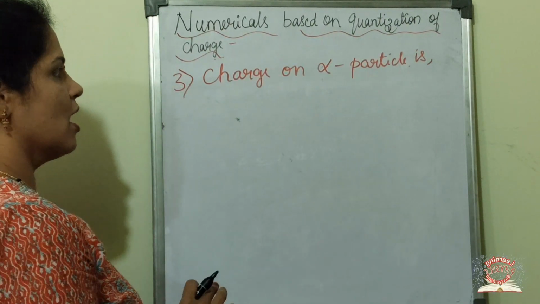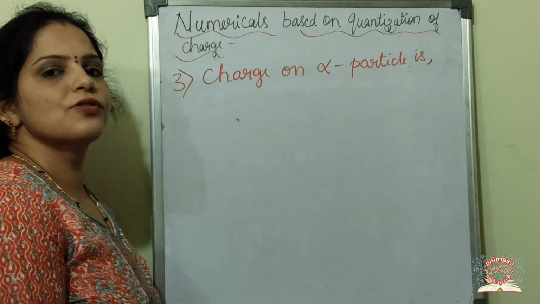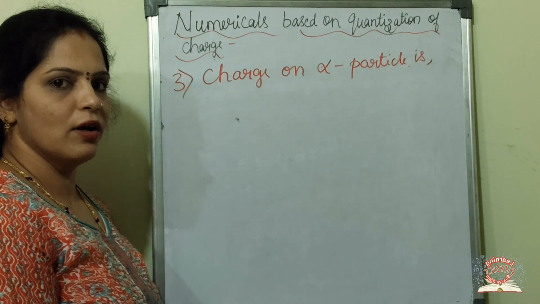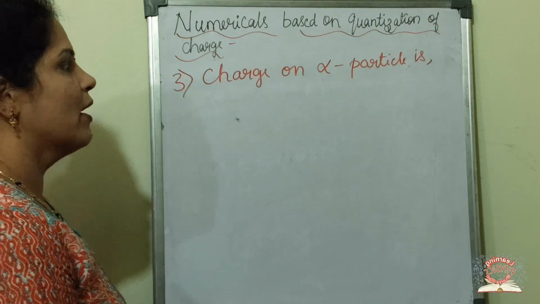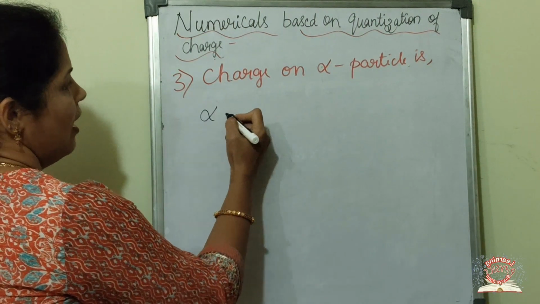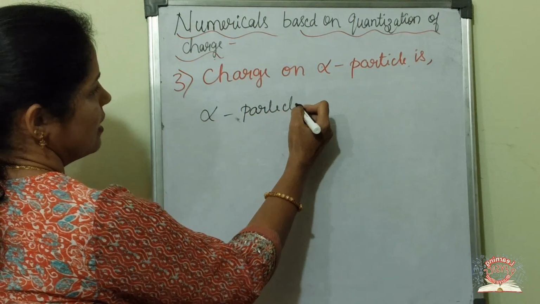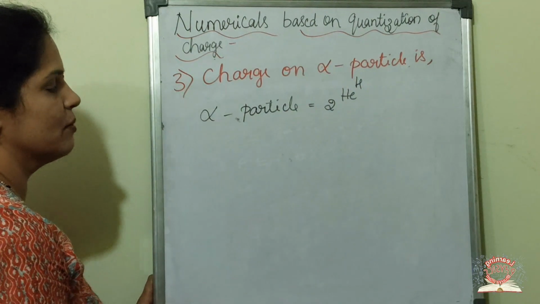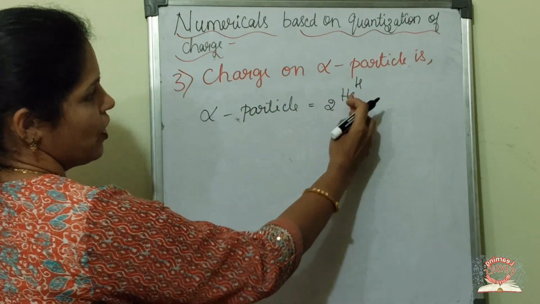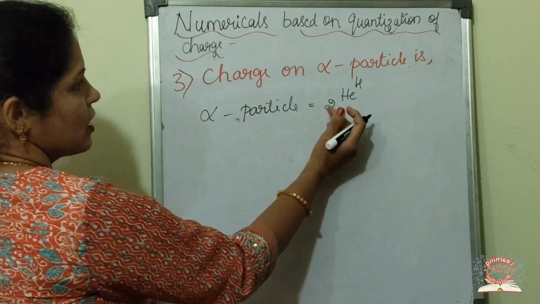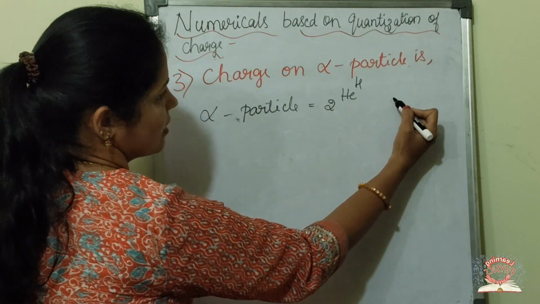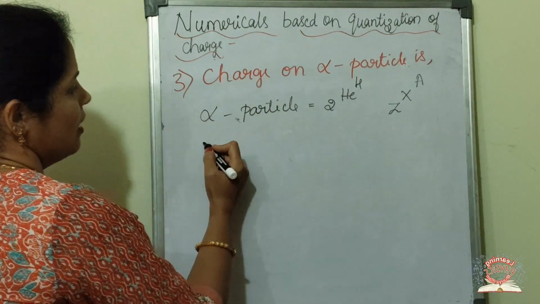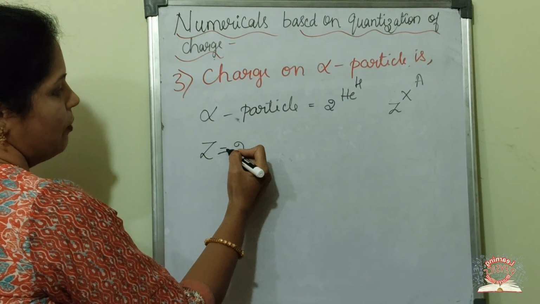One more question. The charge on an alpha particle is? This is very, very important while solving numericals in the nuclei chapter or in the atom lesson. So what is an alpha particle? An alpha particle is nothing but a helium nucleus. It is 2He4. We know that a helium atom has 2 protons and 2 electrons, right? So what is this number called? We know that this is ZXA, where Z is the atomic number. Atomic number is nothing but the number of protons.